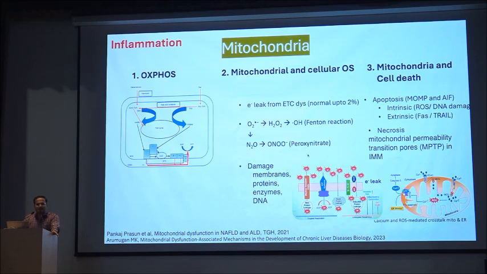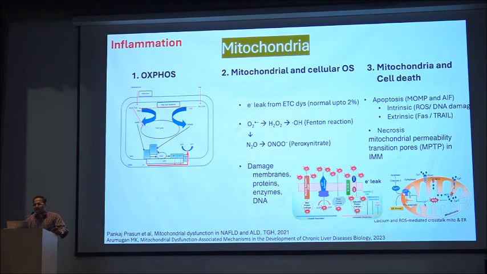This electron leak is the major reason for the presence of reactive oxygen species. And further, it leads to mitochondrial outer membrane pores or apoptosis inducing factor release from the mitochondria, which causes apoptosis from both the intrinsic and extrinsic pathways. Further, if the inner membrane also gets damaged, the mitochondrial transition pores develop, that leads to leakage of all the electrons, the loss of the whole voltage gradient between the inner and outer, that leads to total mitochondrial death, inflammation and necrosis.